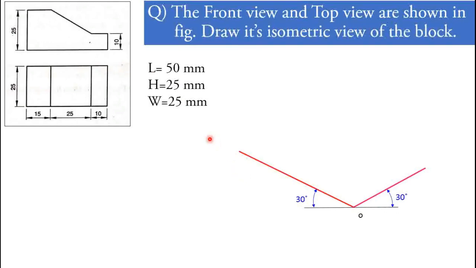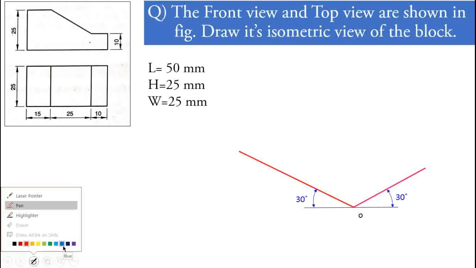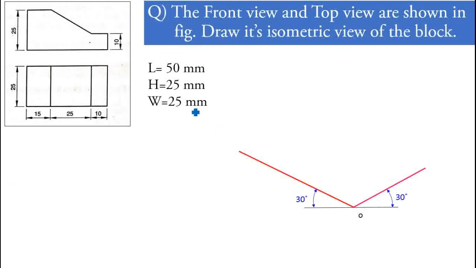So we have to observe it carefully and identify whether the length will be represented on the left side inclination line or on the right side inclination line. So what is the criteria for that? Generally in the diagram the origin point will always be given in the front view, such as the front view lower left corner or lower right corner. Between them they will mention the origin point, the O point, which is generally what we take in the isometric procedure also, but here it is not mentioned. Now what is the second criteria for that?